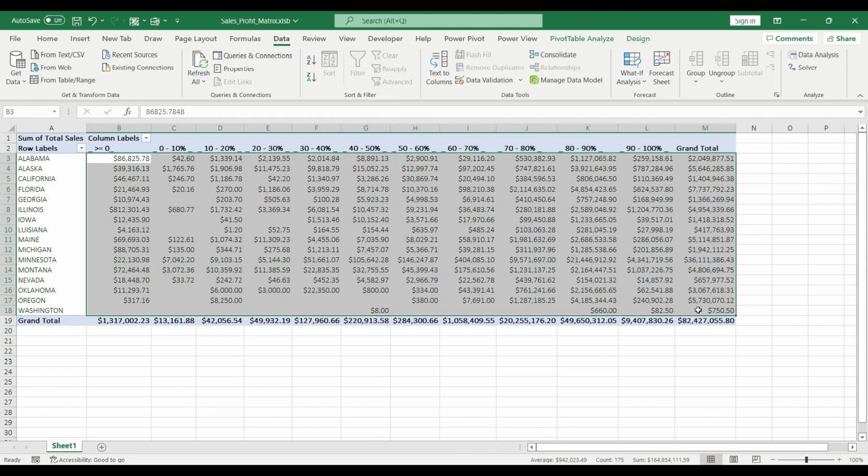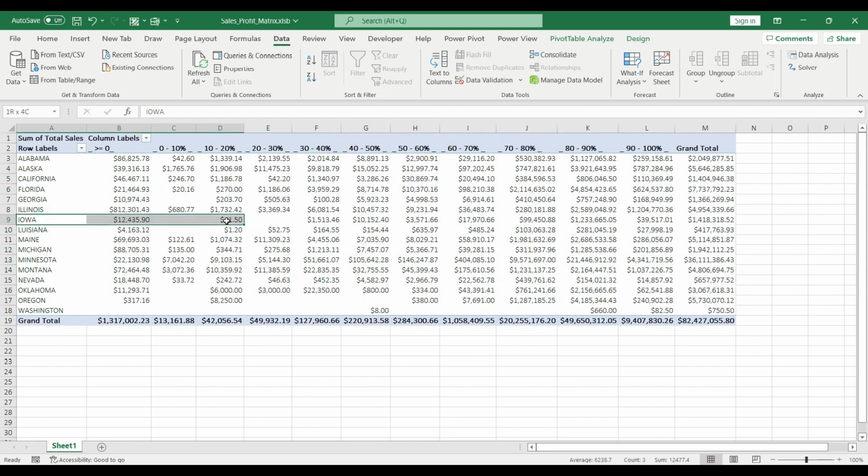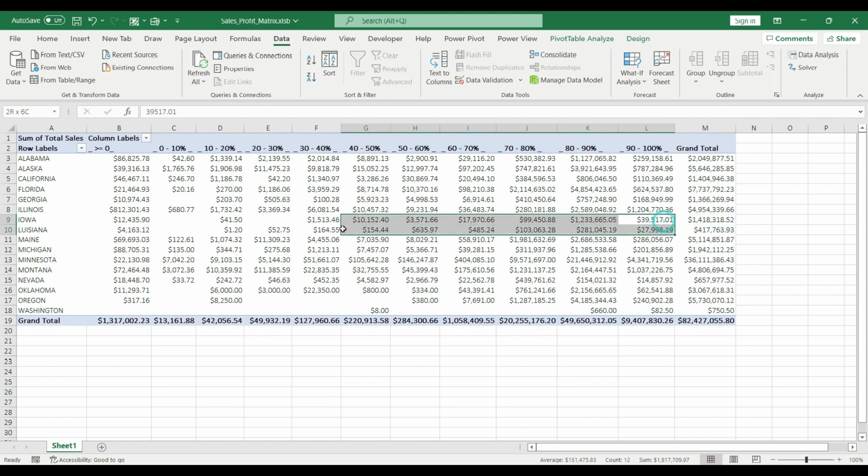but I want to build a simple dashboard to make it more visual. And what I can see from here, for example, Iowa, let's pick this state, their total sales was more than $1.4 million. That sounds very good. So what I can see from these values, if I look at each value under the different groups, then I can see that the majority of the sales was running on this profit for Iowa. So more than $1 million had more than 80% of margin on each item, which sounds very good.